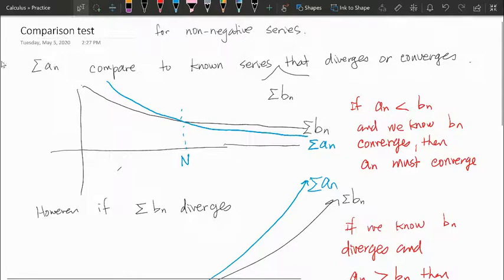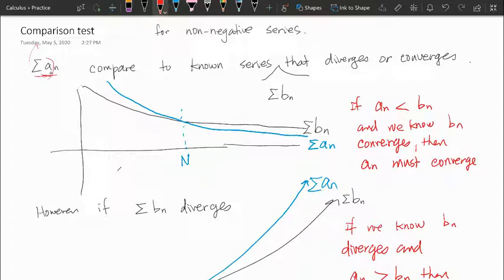Basically, let's say we start with the series called An, and we're trying to compare it to some other known series that we already know converges or diverges. The two situations are this. If we have another series that converges, like Bn, say a P series with P greater than 1, and we can show that An is less than Bn at some point,